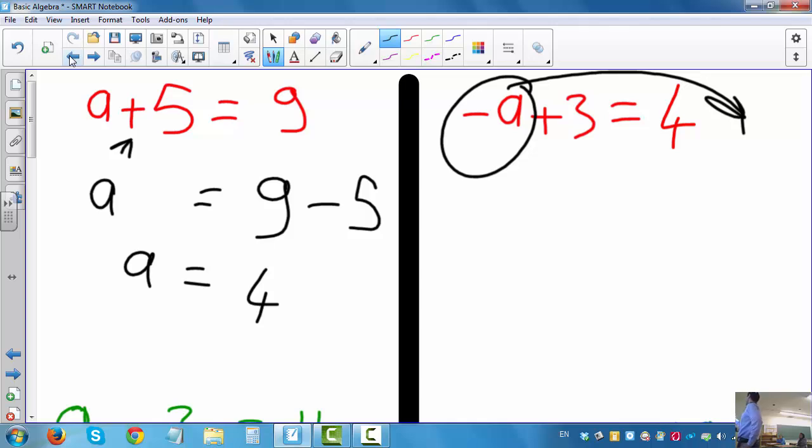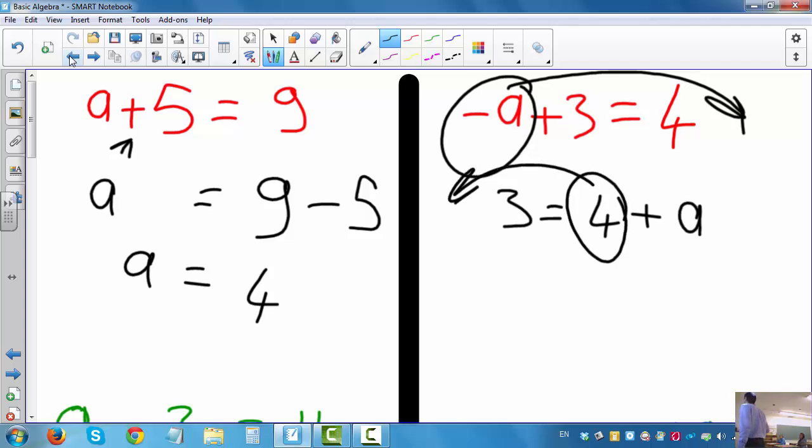So it will become something like this. 3 equals 4 plus A. Negative A will be a positive A. And this time, I don't like the 4 next to the A. So I'm going to move this to the other side. So it will be 3 minus 4. Remember, 4 has no sign, which means it's plus,